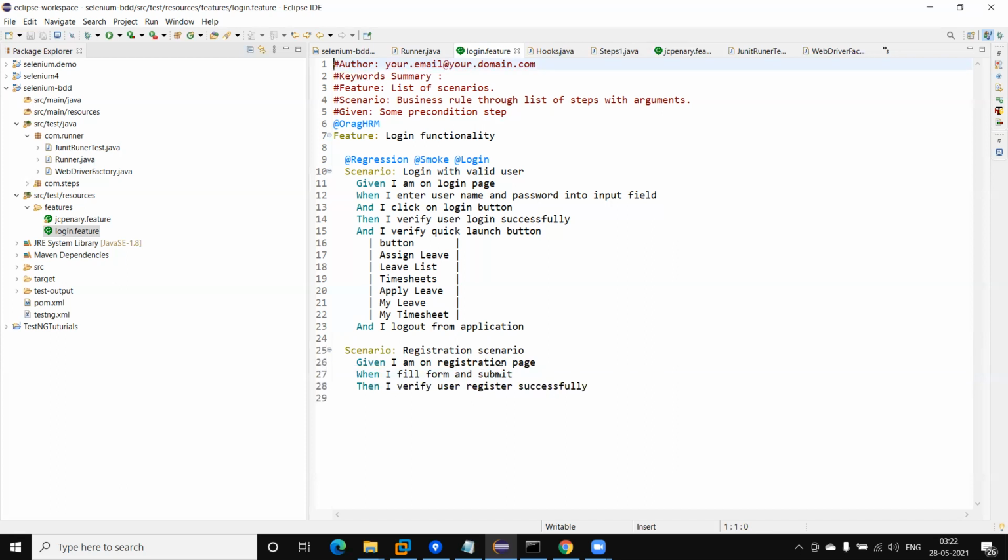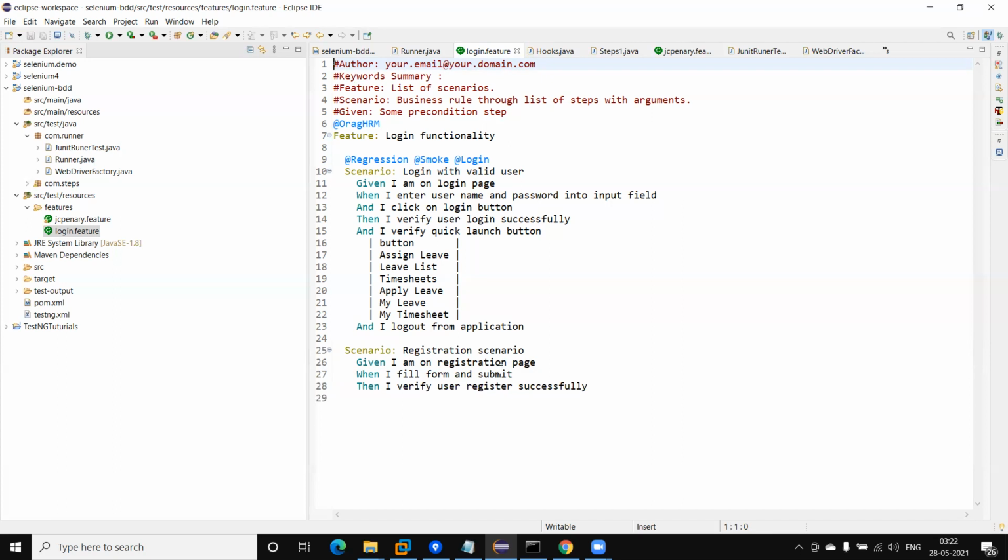Now if you want to check whether our step definition is implemented or not, then dry run is a very useful feature. We can provide two values for the dry run: one is true and second is false. By default its value is false, which means when we run our test using the runner, it will execute the test as well as give the error when a step definition is not implemented. But sometimes we require to check only whether our step definition is implemented or not. In that case we can mark the dry run equal to true.